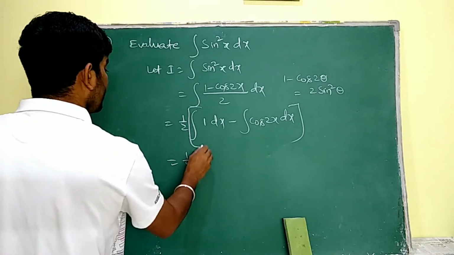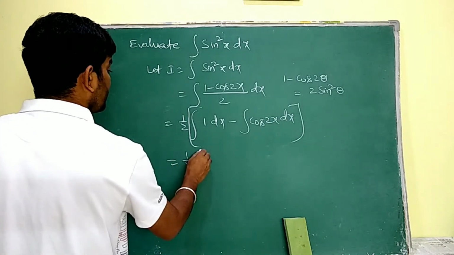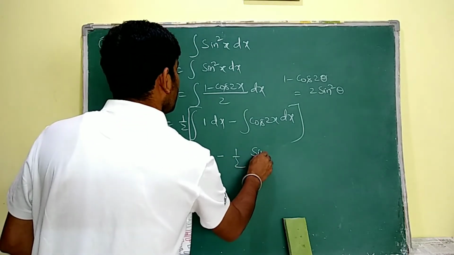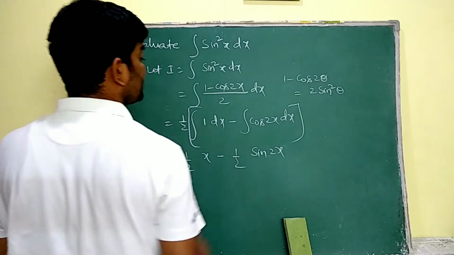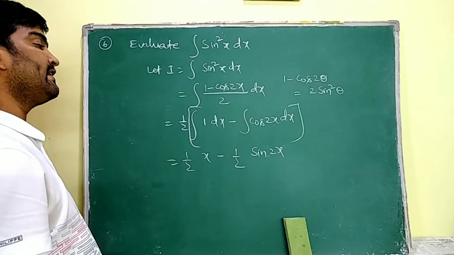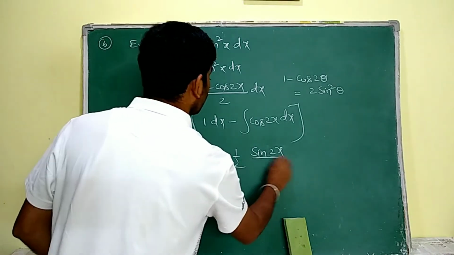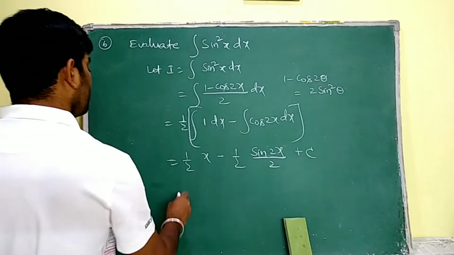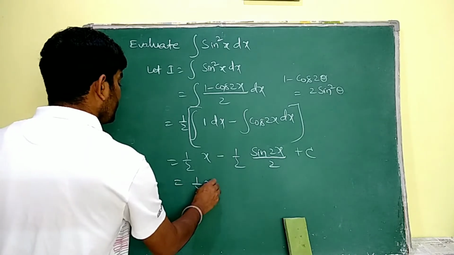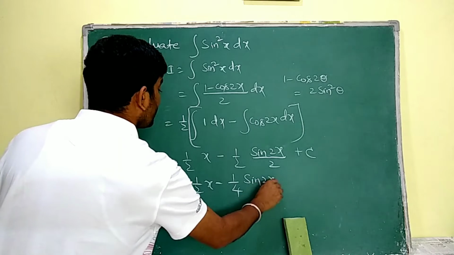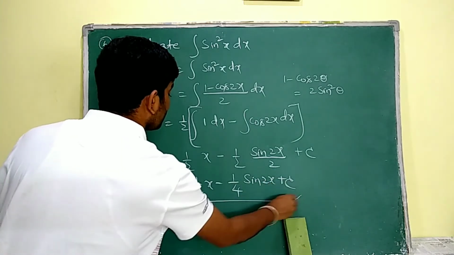See, 1 by 2 into integral 1 dx means x, we know, minus 1 by 2 into, that is sin 2x. In the place of x I am having 2x. According to the chain rule we have to differentiate that 2x and write the obtained value in the denominator, plus c. So this can be expressed as 1 by 2 x minus 1 by 4 into sin 2x plus c. This is our